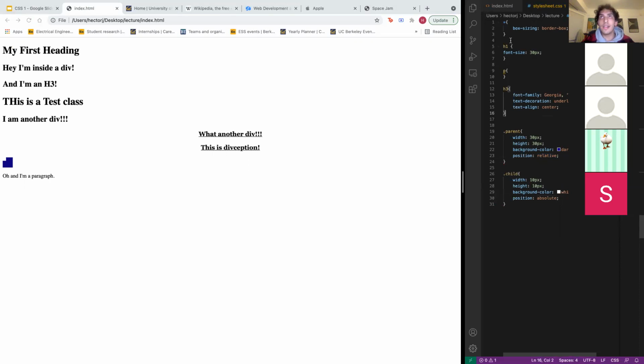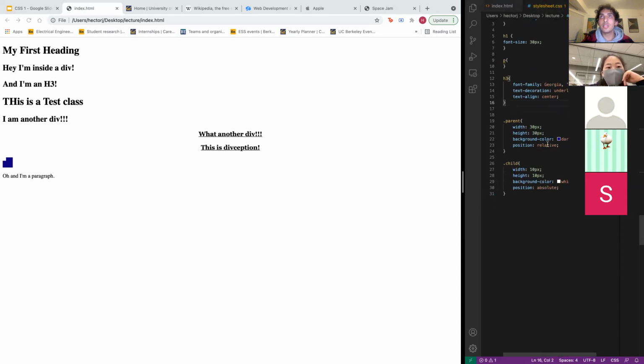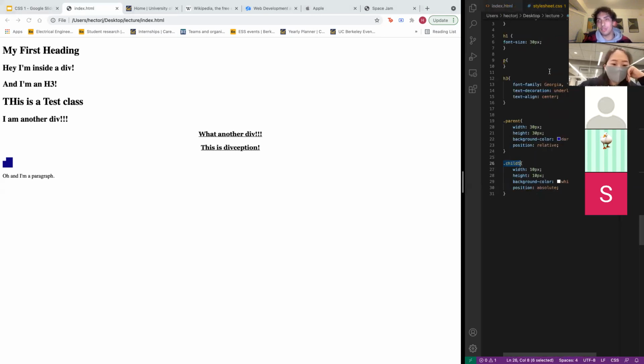And why is this not working? Let me try making child one. Okay, I don't know why this isn't working right now, but generally you would just use it to put positions